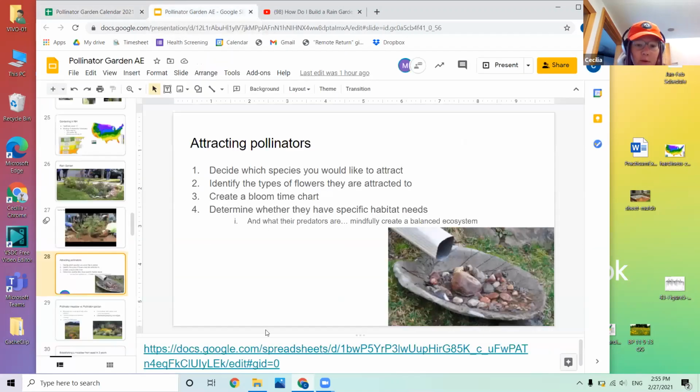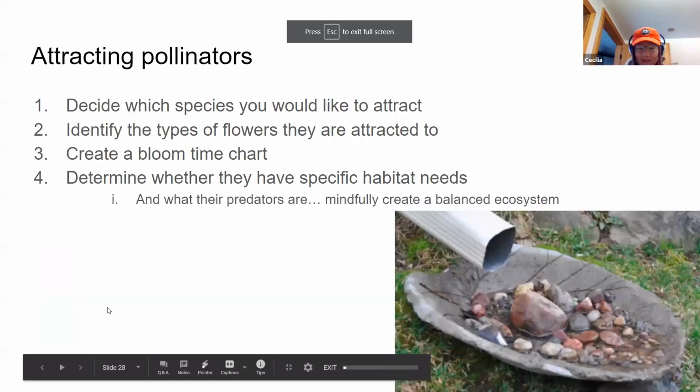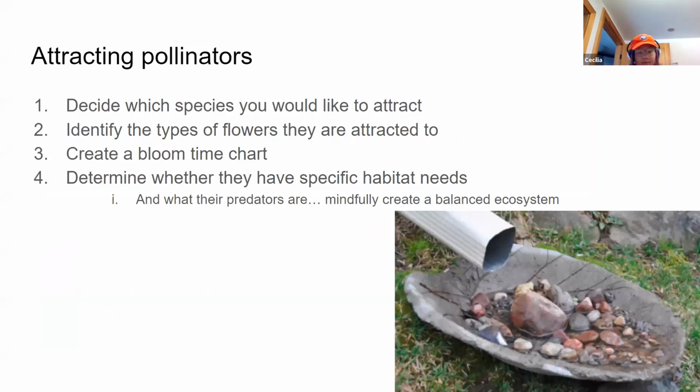The other thing that is important is to make sure that the pollinators you're trying to attract have everything they need in order to survive in the area. Some of the thoughts are what is going to eat the insects that you're trying to bring around, and what kind of biological controls you can use. Like Maggie was saying, some caterpillars get eaten by predatory insects, and those predatory insects could be eaten by native bird species. So what do you need to do to attract the bird species that are going to protect your caterpillars? You can also think about